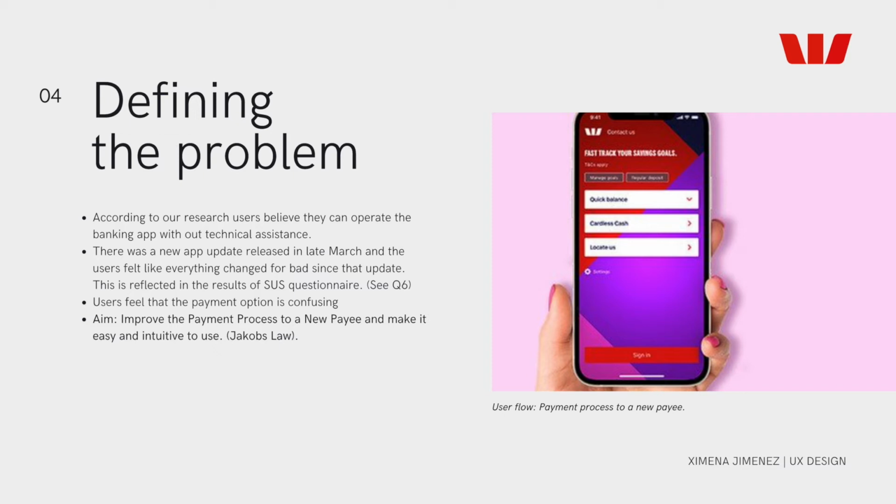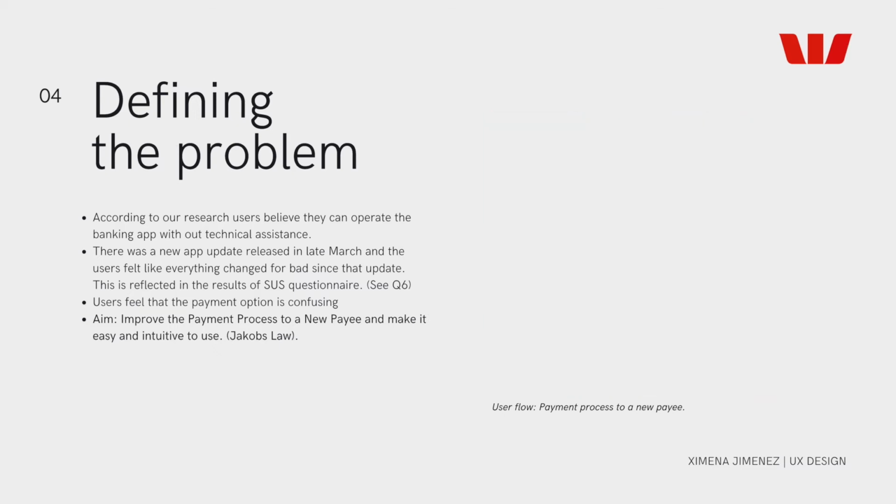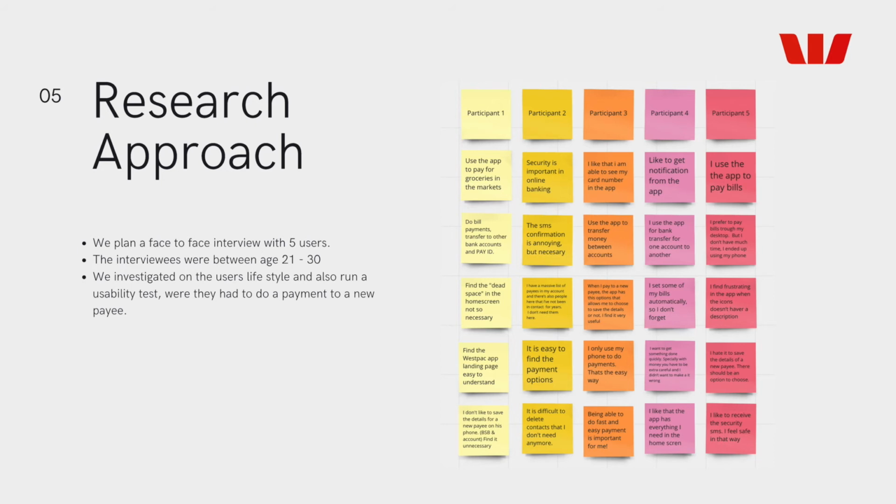SUS questionnaire. The users feel that the payment option is confusing, and our aim is to improve the payment process to a new payee and make it easy and intuitive to use. As part of our research approach, we planned a face-to-face interview with 5 users between the ages of 21 and 30, and we asked questions to understand their lifestyle better. And also it was very important to do a usability test where they had to do a payment to a